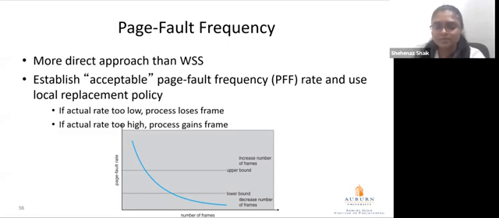increasing the number of frames allocated to the process. As long as we have the page fault rate between some pre-specified upper bound and lower bound for a given process, it is fine. Otherwise, if we have a higher page fault rate than the upper bound, then we can go ahead and add more frames to the process. Otherwise, if the page fault rate is less than the lower bound, then that means that we